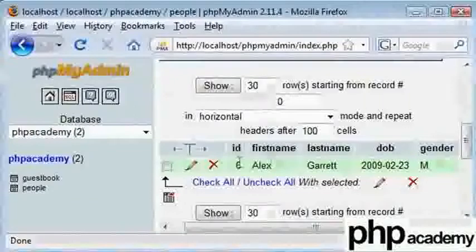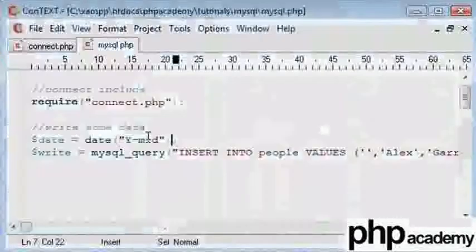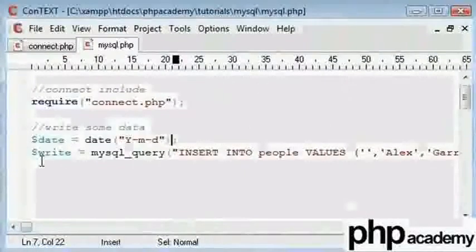We can see that my ID is 6 at the moment, and the next time we insert a record, this would go up to 7 and then again to 8. You should know that by now. Next, what I'll show you is how to change my date of birth because I have made a mistake.